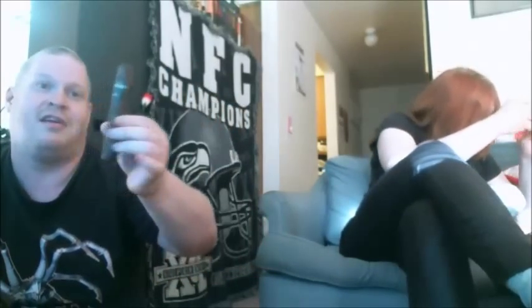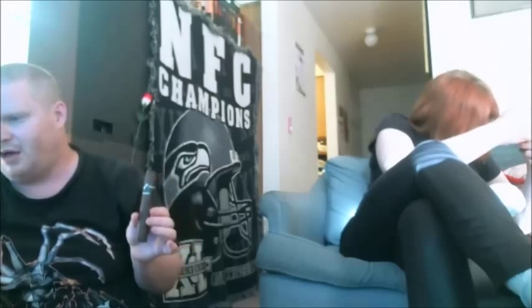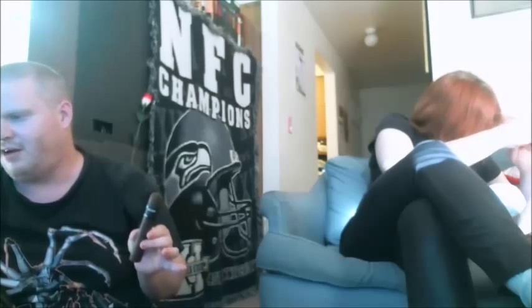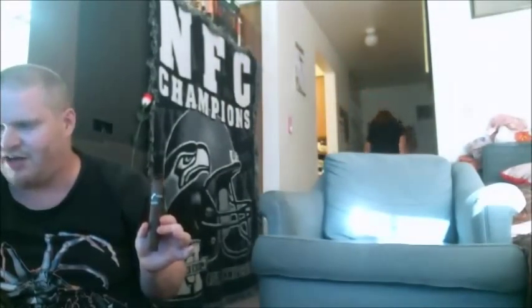And we will be reviewing the Letelier Bone Crusher, the Letelier Surrogates Bone Crusher. Now, this one is a Connecticut broadleaf wrapper with Nicaraguan long fillers and a Nicaraguan binder. This is actually crafted by New Havana Cigars, which is located in Columbus, Ohio, and it's blended by Pete Johnson, Dan Welsh, R.C. Johnson, and Sean Casper Johnson, who have done a lot of the boutique blends that have gotten